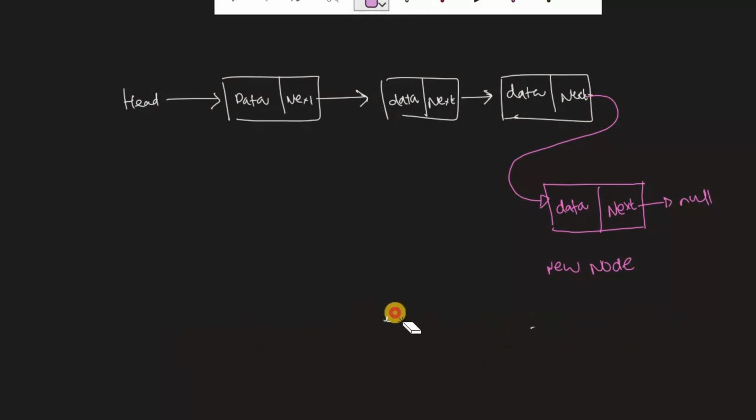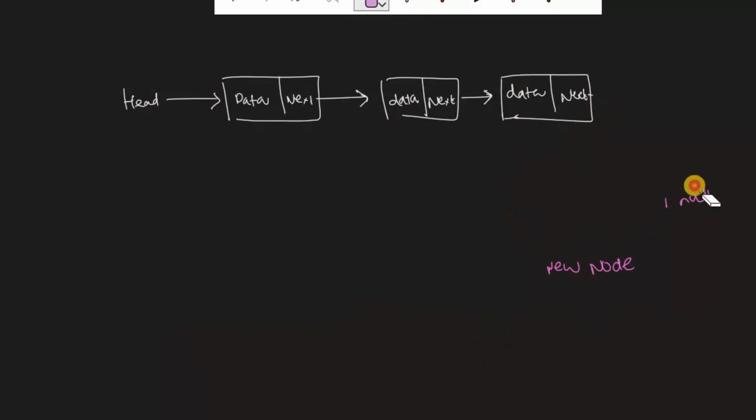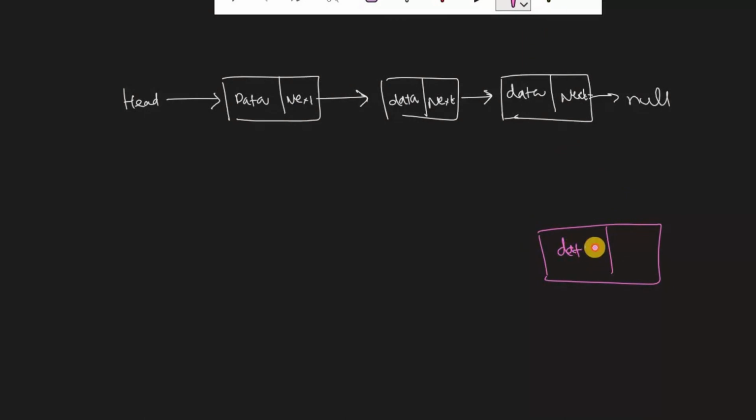First of all, what is the first step? The first step is to create a new node. So this is our list, for example, a linked list, and we are creating a new node first of all. And we want this node to be the end of the list, and to be the end of the list, we know that the next field should point to null. So we are going to remove this, and we are going to point the next field of this new node